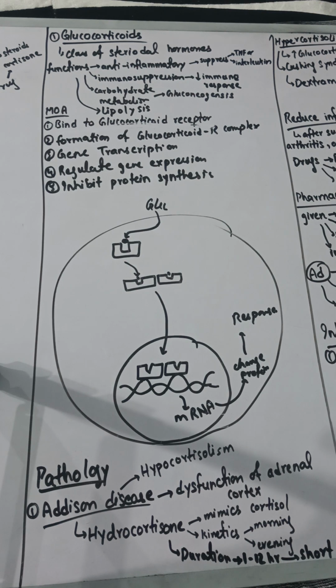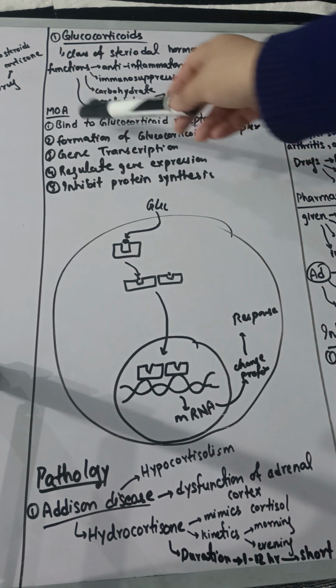So same thing when you are fasting, the fat which is deposited in the body is going to be broken down with the help of these glucocorticoids. So what is the duration of release of glucocorticoids? Actually they are released during the morning time and then in the evening time. They have very high levels in the morning, and in the evening they have half of the morning levels. Therefore they are very important to maintain your sleep cycle.